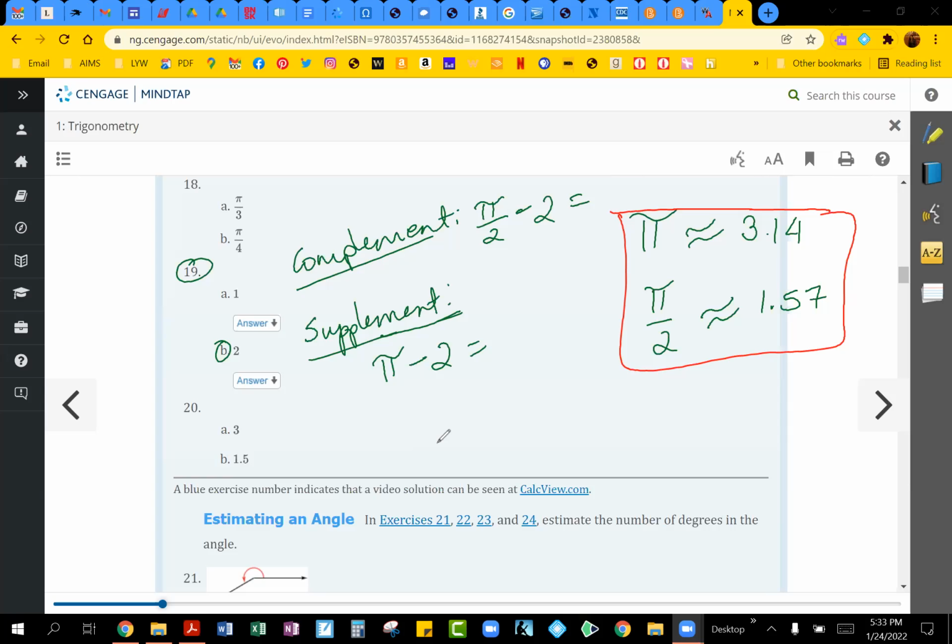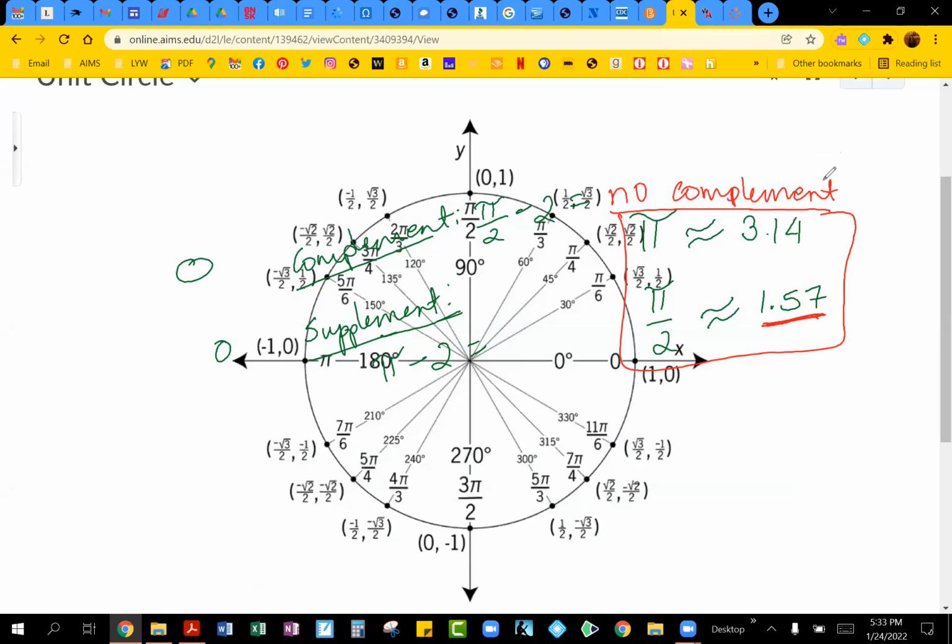Okay, so let's think about this. Your given angle is 2 radians. Okay, Melanie, I see your updated answer. Now, your given angle is 2 radians. We know for a complementary angle to calculate, it has to be an angle measurement smaller than pi halves. And you can see your pi halves is approximately 1.57, and 2 is a number larger than 1.57. So since 2 is greater than 1.57, you will not have a complementary angle over here, because what's happening here, guys, and I'm going to go back